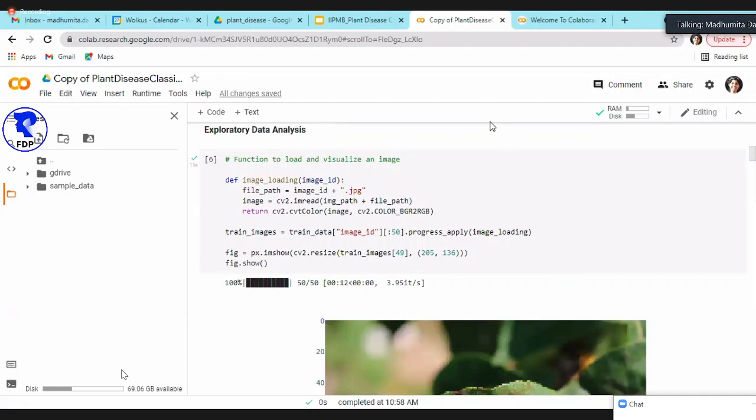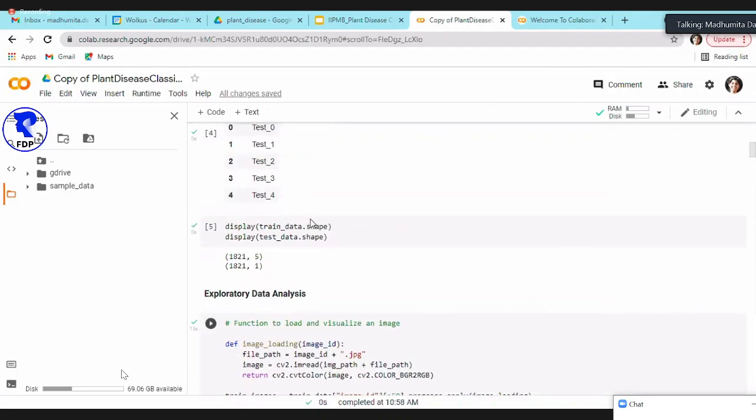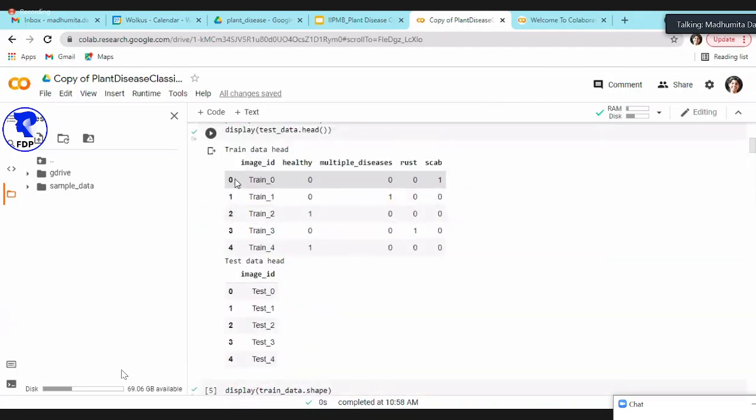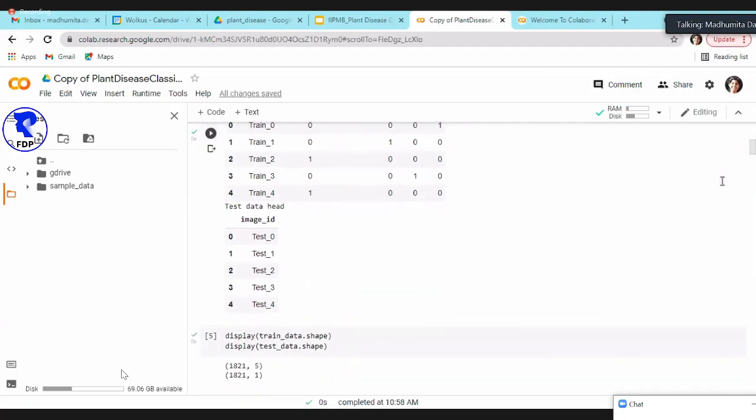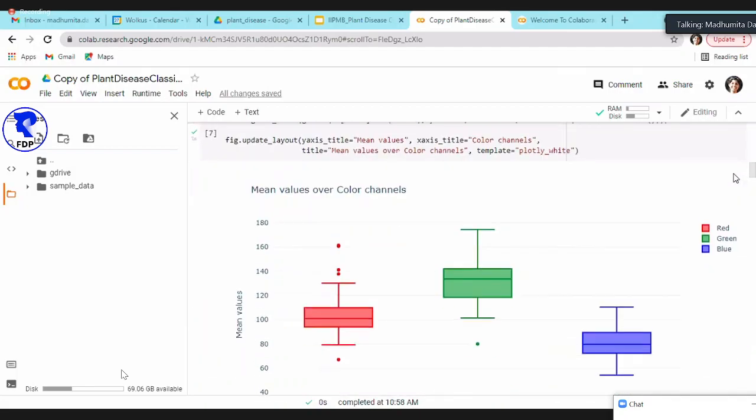Not necessary index number. Index is different. 0 is the column 0. For index, you can pass. This is the index. If you want to see the index, you will write here, say, train data dot index. That will give you the index. It's different in different libraries that use. For pandas, index is not 0. It's your first column. If your first column is index, then yes, you will have 0 as the index.